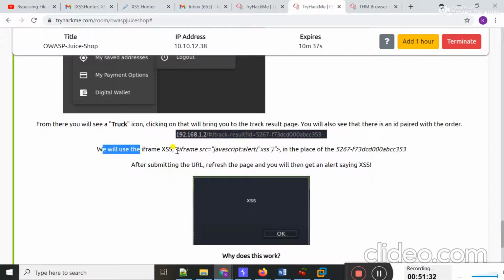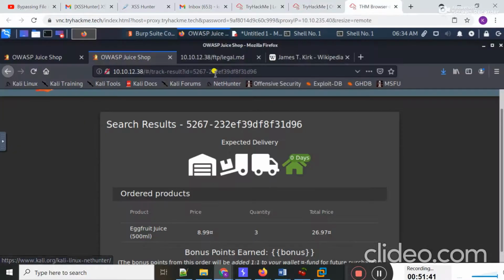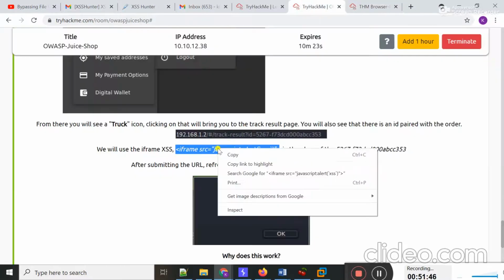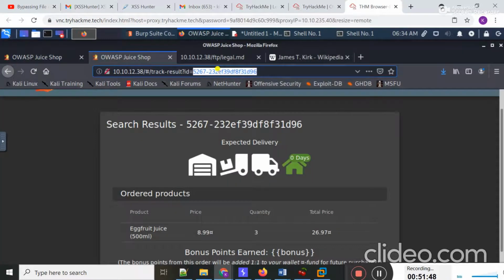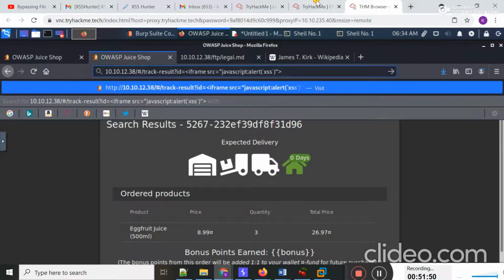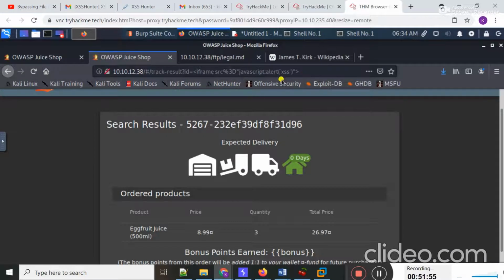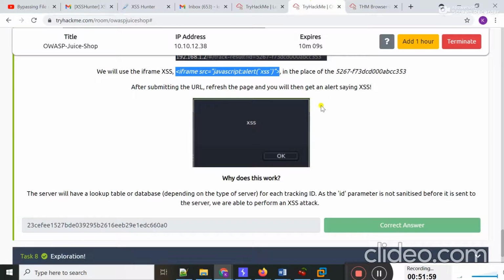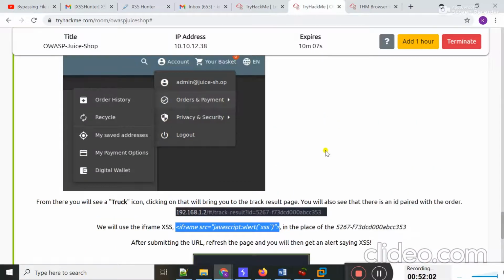We will use iframe XSS in the place order. Now I'm going to copy this one from here, and in the ID place I will paste this one that I copied. And now if I hit enter, okay, truck result ID.